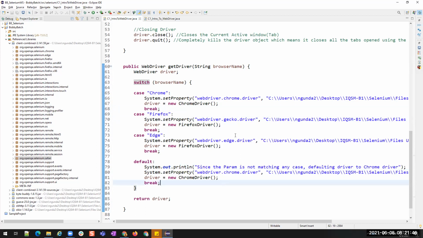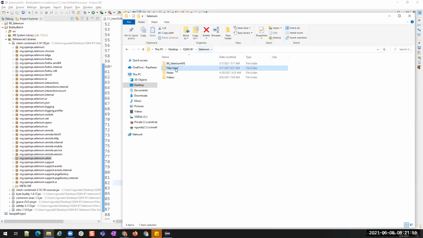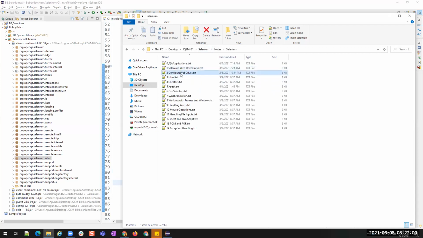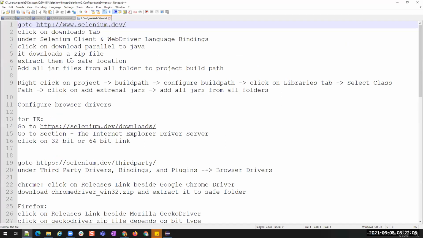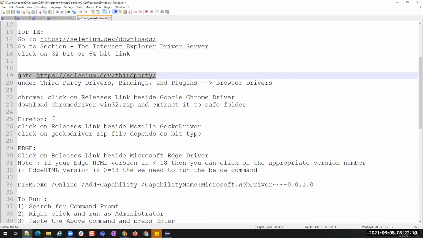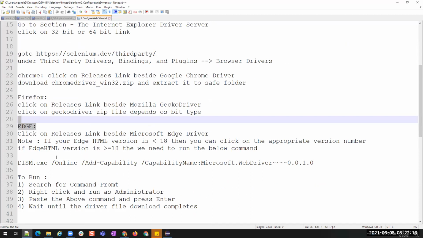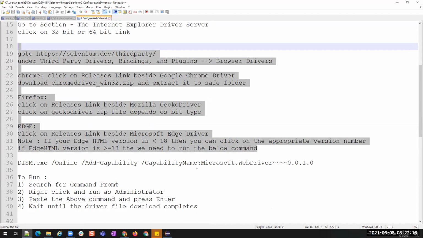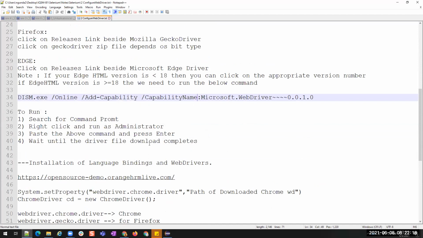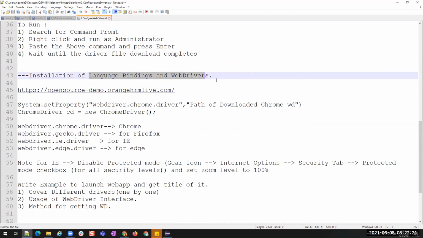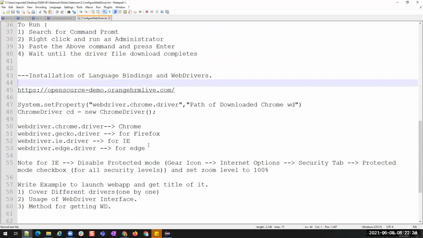All right. So this is all basic about the Selenium WebDriver and Selenium introduction. After this, we have intro to HTML. Okay, configuring is done. We have all these notes. Whatever I did, how to download this IE driver, and then how to download these third-party drivers, how to get this Firefox driver, how to get the Edge driver. All these steps are present in this. Okay. And then installation of language bindings. So what are the language bindings and what are the commands?